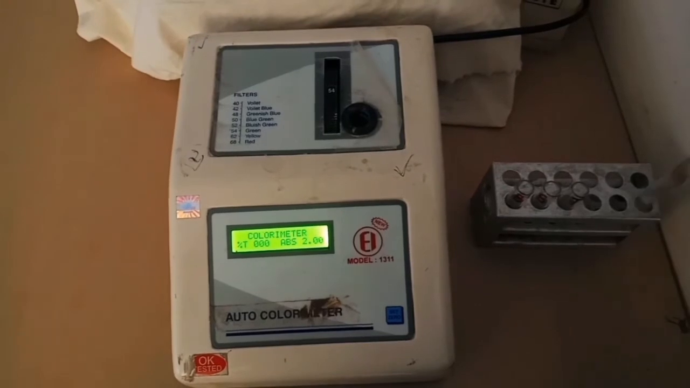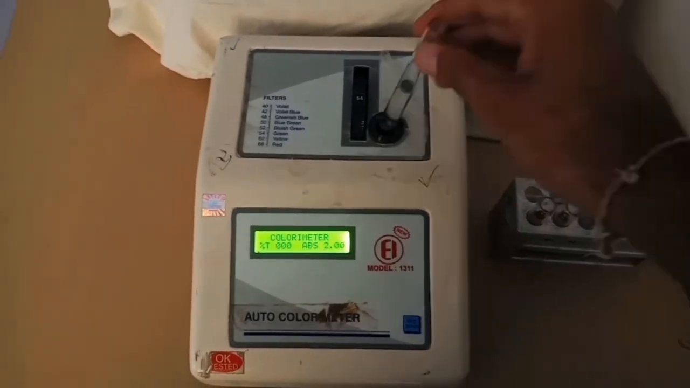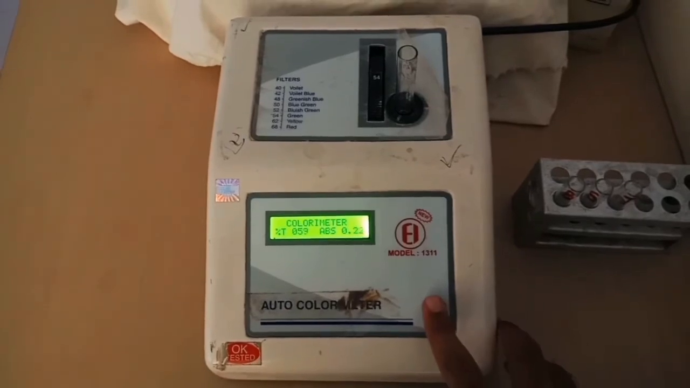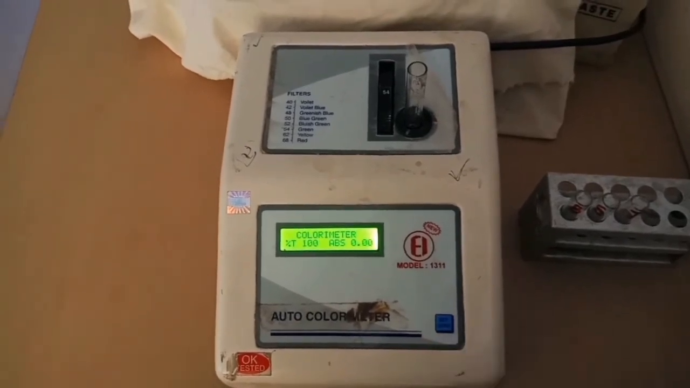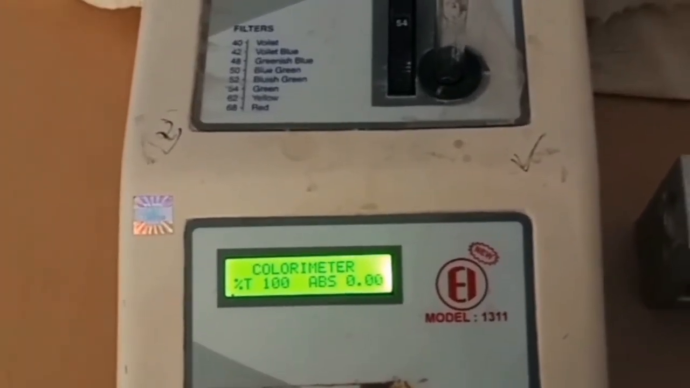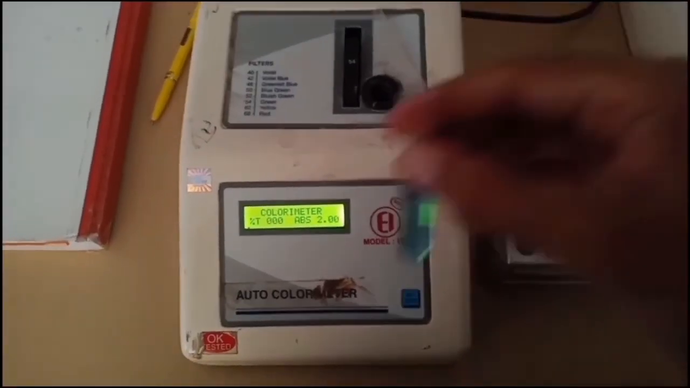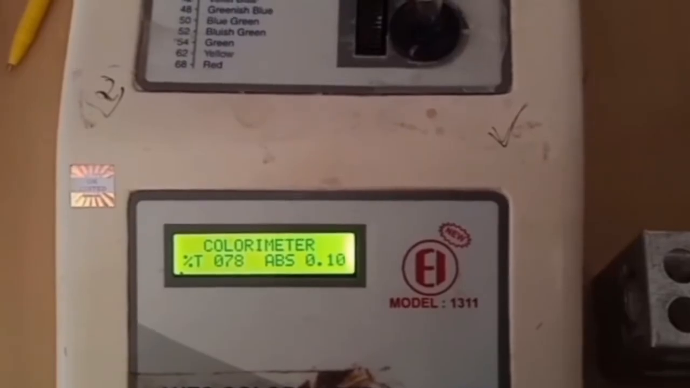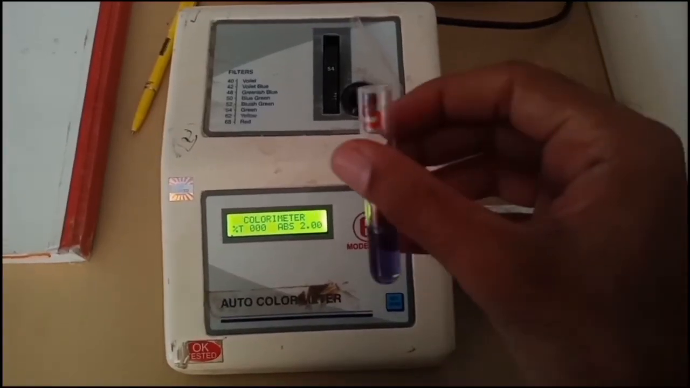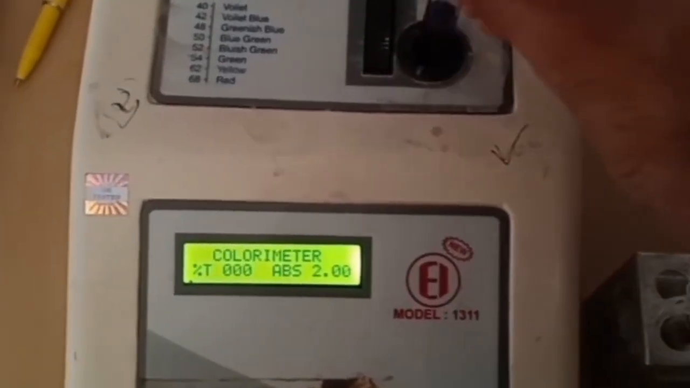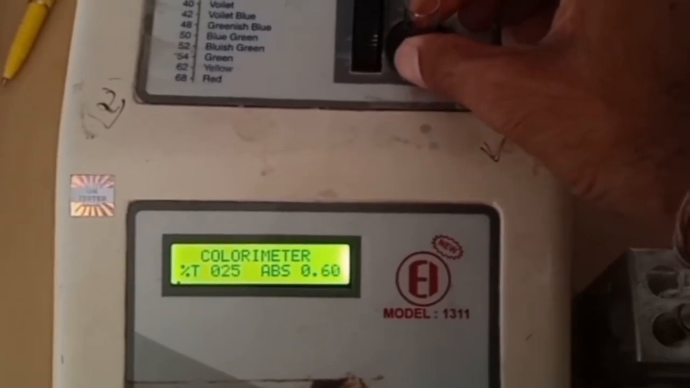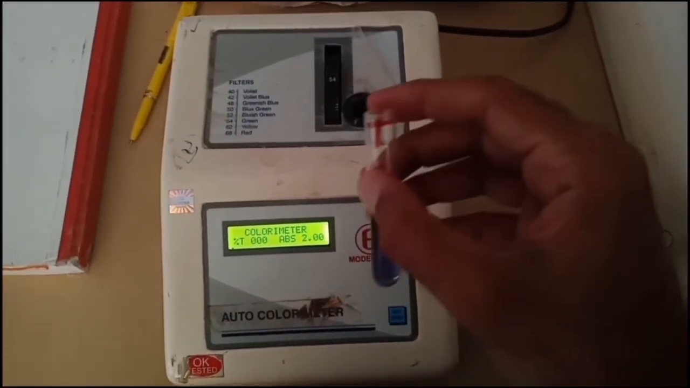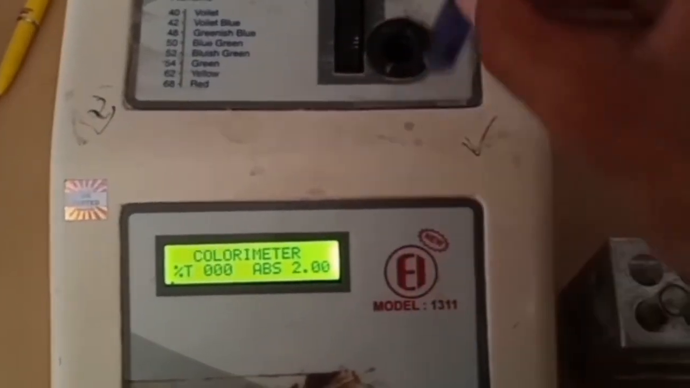Now we'll take the OD in colorimeter. First, set 0 absorbance with distilled water. Now, blank OD is 0.10. Standard OD is 0.55 and test OD is